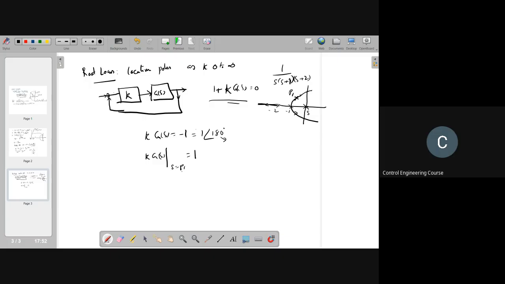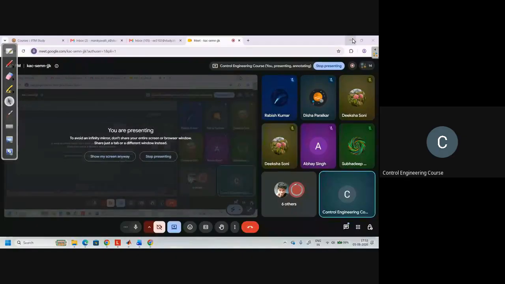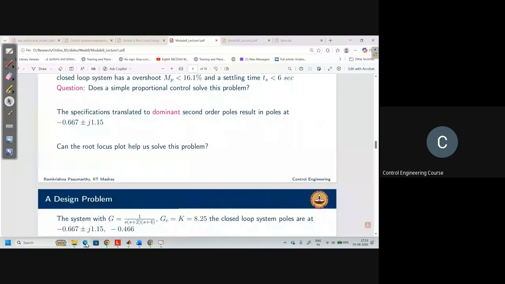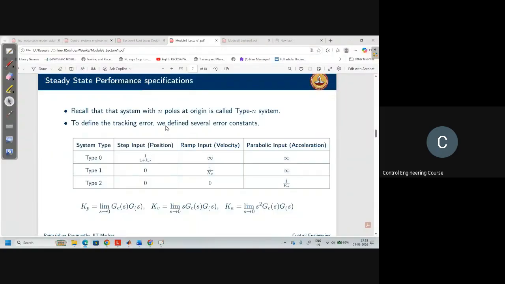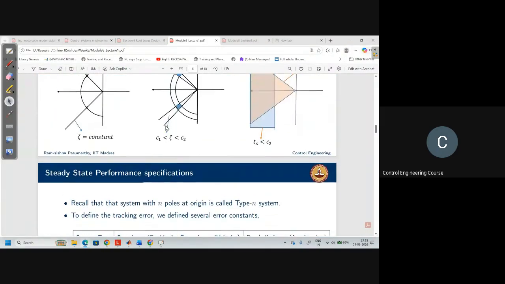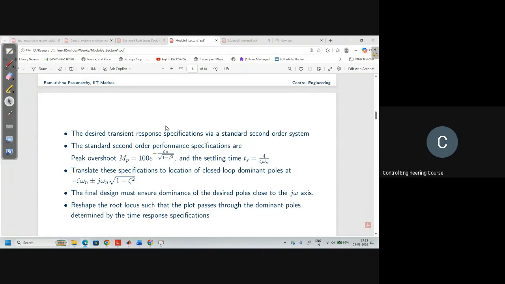Now, let's quickly go through the slides. Then we will take up an example after the slides. I will quickly go through the slides to summarize what the professor is teaching, and then we will solve one problem. Please let me know if you are not able to understand anything, and then we will discuss further. Okay.